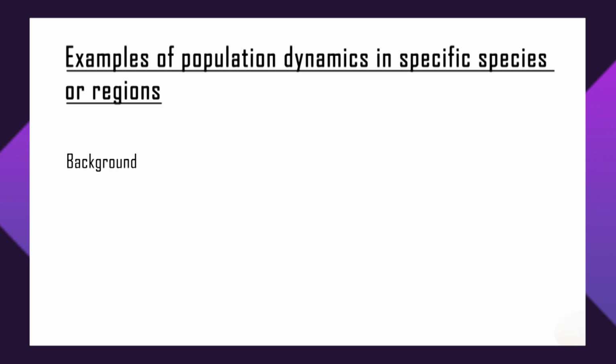The African elephant population has faced severe threats due to poaching for ivory, habitat loss, and human-wildlife conflicts. So let's talk about the population dynamics associated with these elephants. Despite conservation efforts, certain populations are struggling to recover. The dynamics involve the interplay of protection measures, international trade bans, and socio-economic factors in local communities.